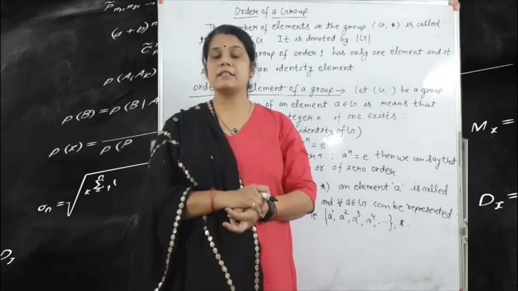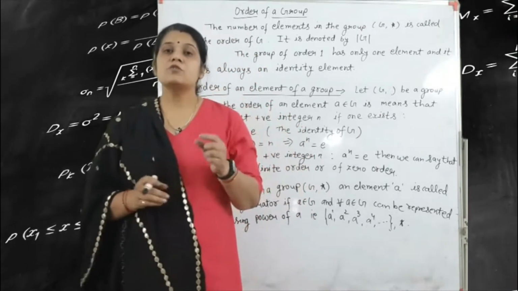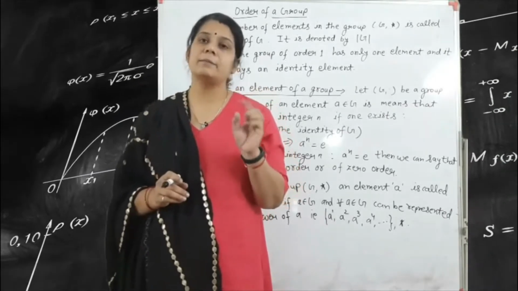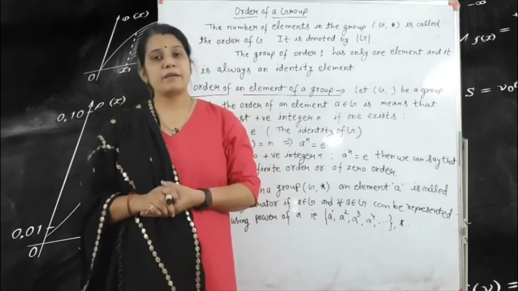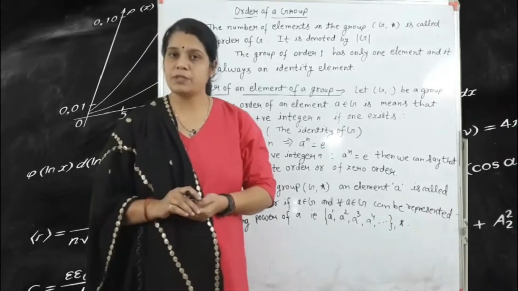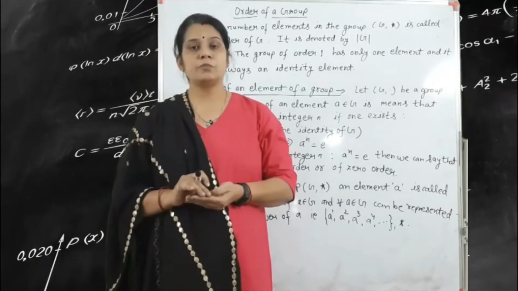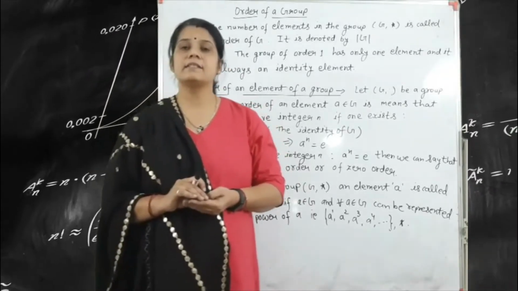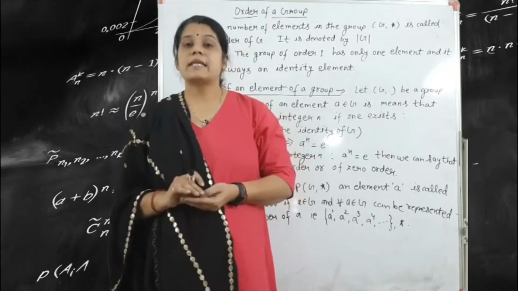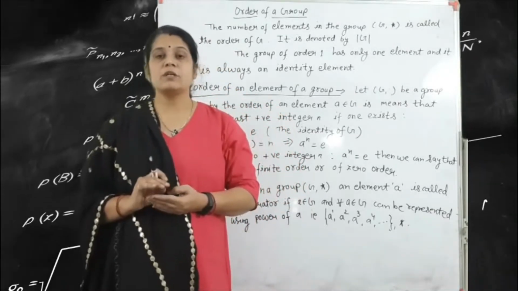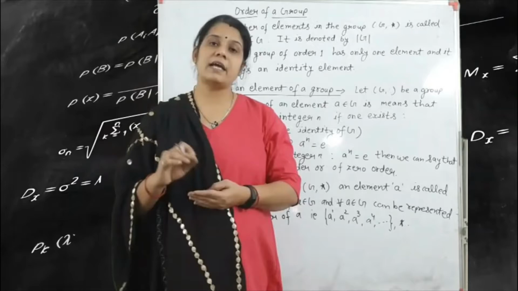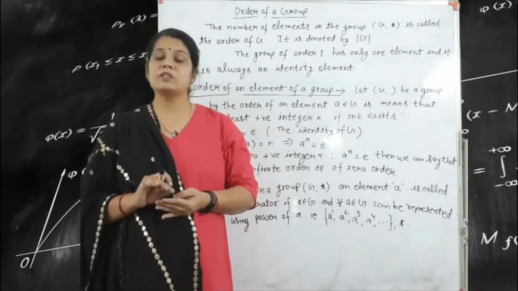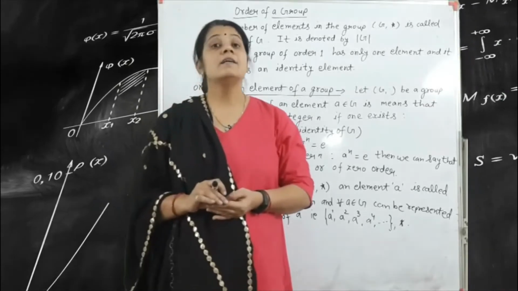We have already seen that to find a group we satisfy 4 properties, and for the abelian group we satisfy a total of 5 properties. The first one is the closure property. If a set with any operator satisfies the closure property, then we can say that this is an algebraic structure. The second one is the associative property. If it satisfies both the closure and associative properties, then we can say that this is a semigroup.